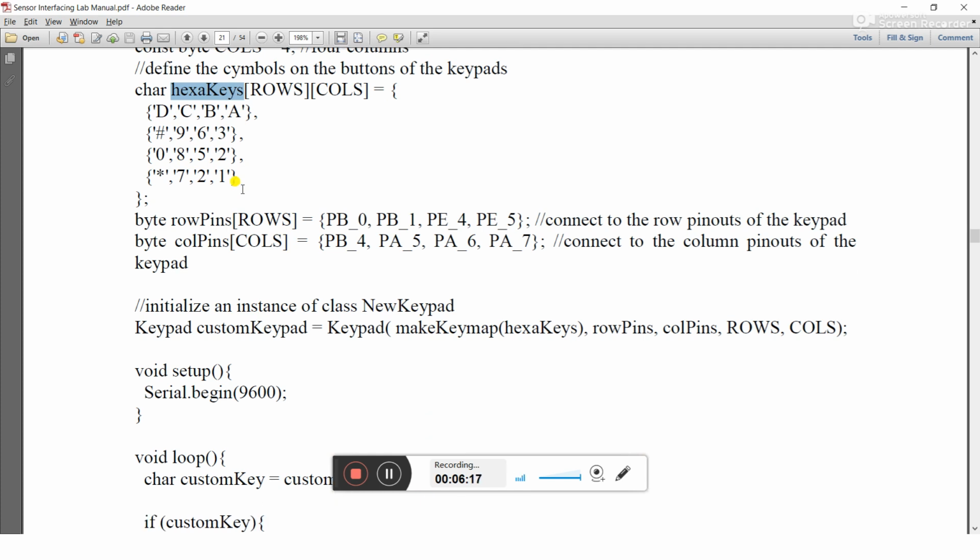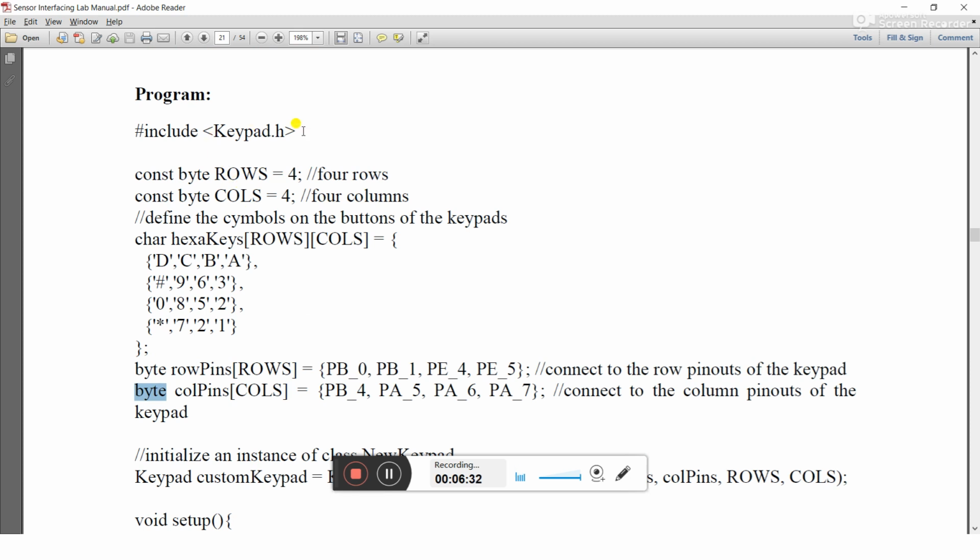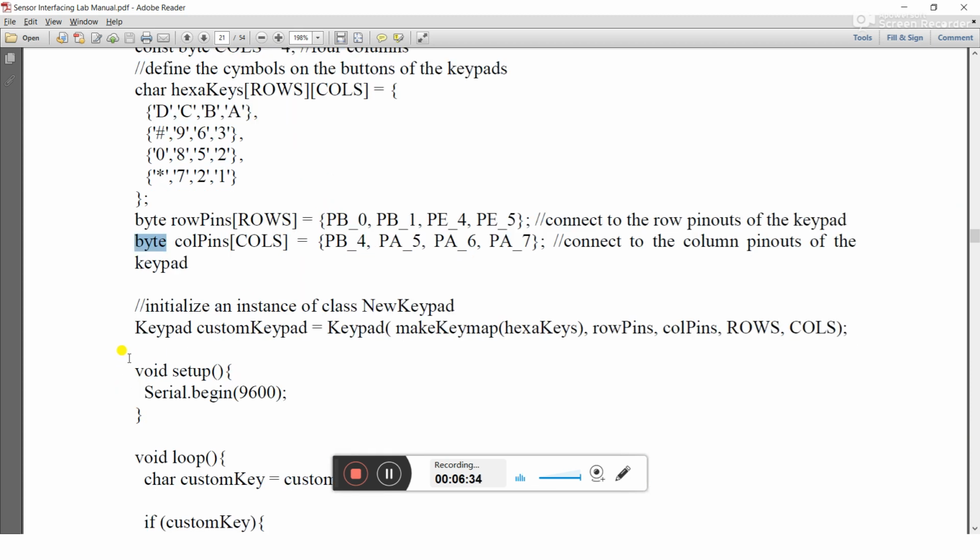Then I have put the number of row pins and column pins. All these things are defined in the byte type of memory, and this is also defined in the library keypad.h.